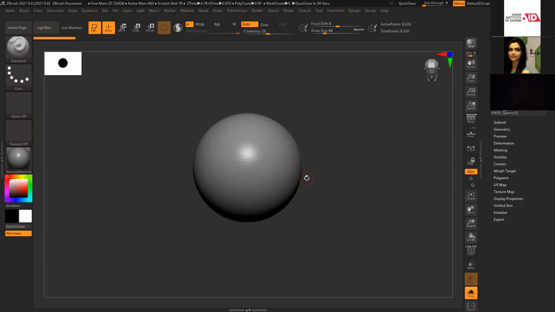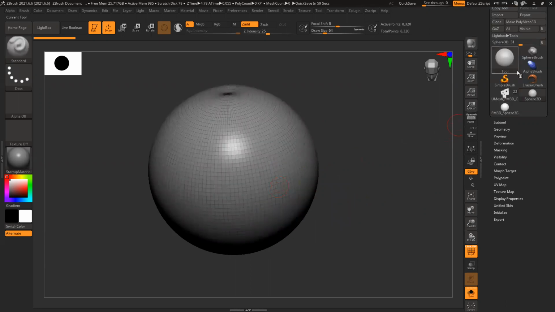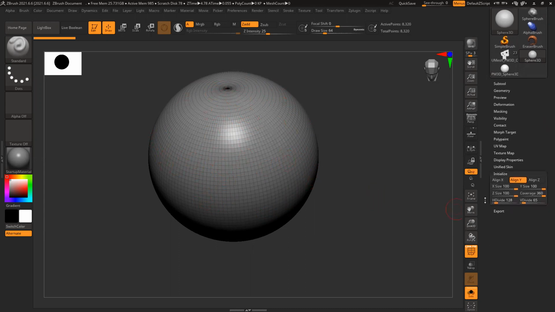When you create any model in Max, you can manipulate scale, shape, size, and poly count, right? Those options are also there in ZBrush, but they don't work once you convert the model into Polymesh 3D. Before converting, you have to modify whatever you want. To modify the topology, shape, or poly count of this sphere, Initialize is the option. This is like the modifier option in Max, where you control poly count, loops, scale, shape, and size.